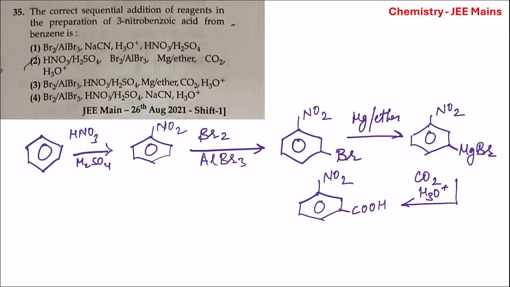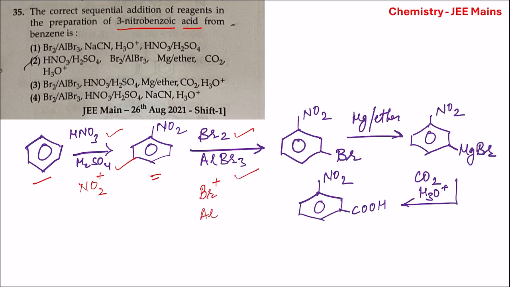The correct sequential addition of reagents in the preparation of 3-nitrobenzoic acid from benzene is. Now benzene in the presence of HNO3 and H2SO4. HNO3 and H2SO4 combination will generate the electrophile NO2 plus. Now this NO2 plus will attack the benzene ring to give nitrobenzene. Then this nitrobenzene, when treated with bromine and aluminum bromide, gives the electrophile Br plus